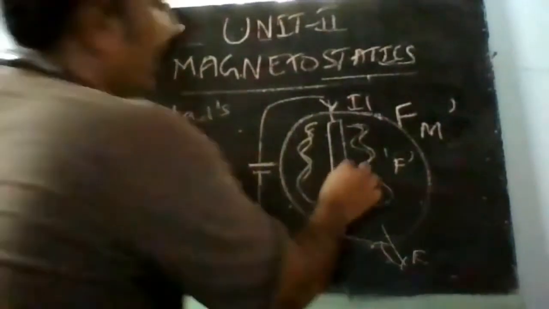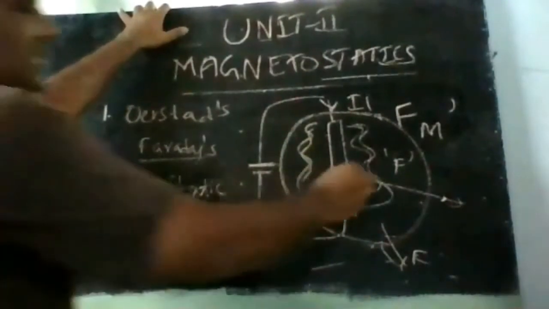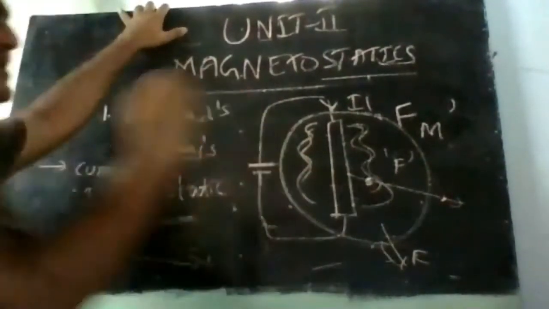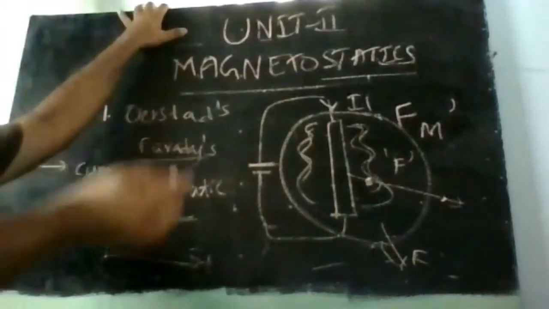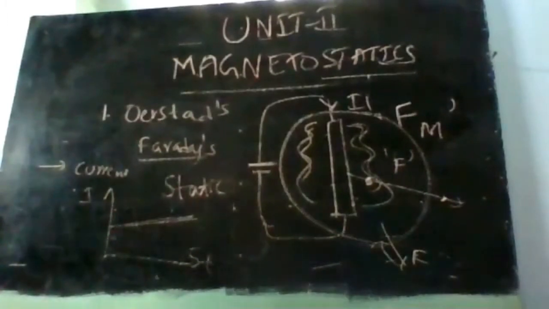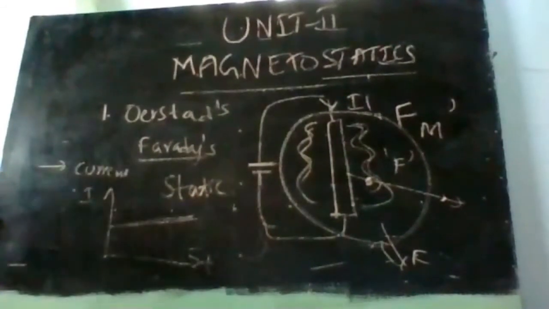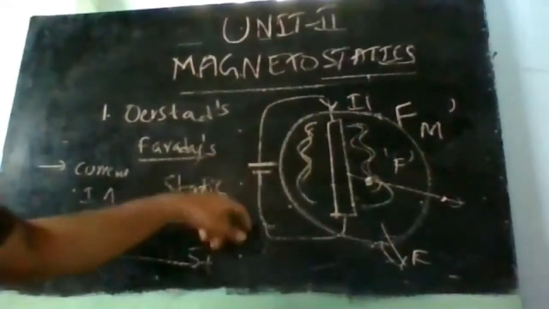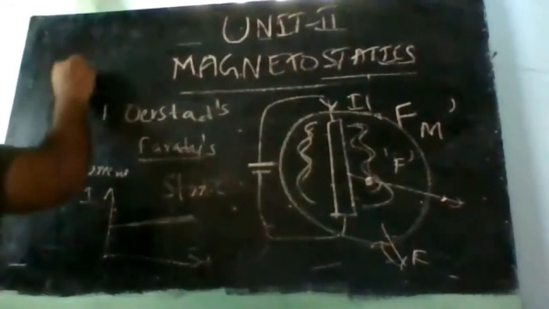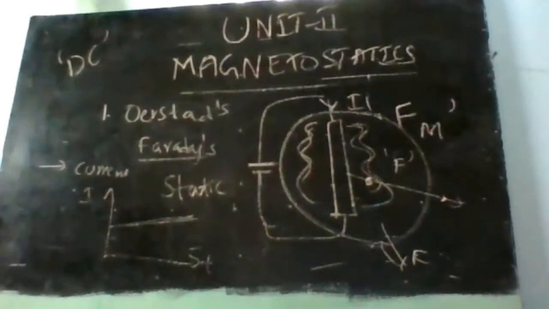Only the force will vary with distance. Here the force will be more, here the force is less, but the force present at a given point will be the same today, tomorrow, or at any time. It changes only with distance, not with time. So Faraday slightly modified it: whenever you pass static current, that is DC current, through a conductor, we get a field that is static in nature, that is, a static magnetic field.